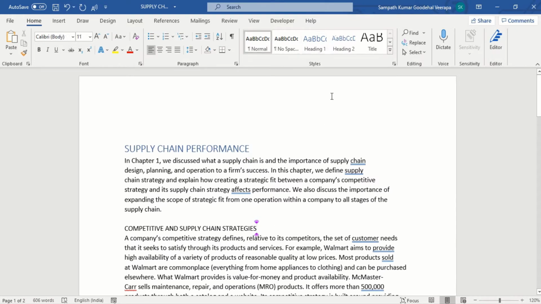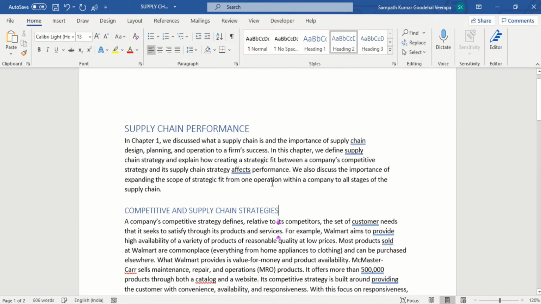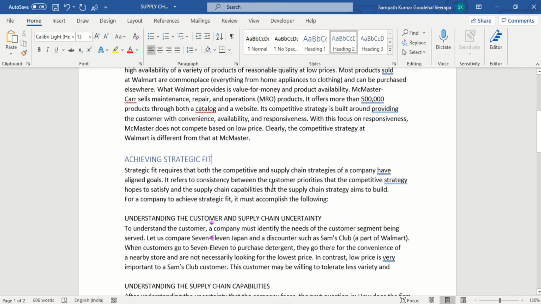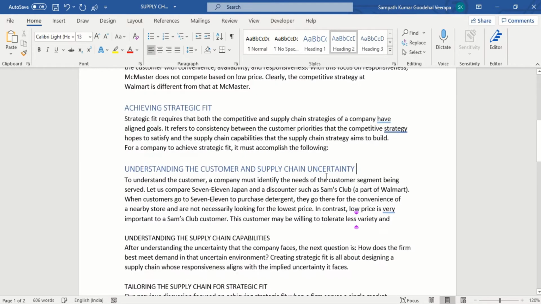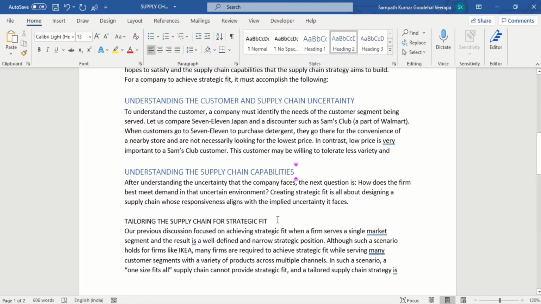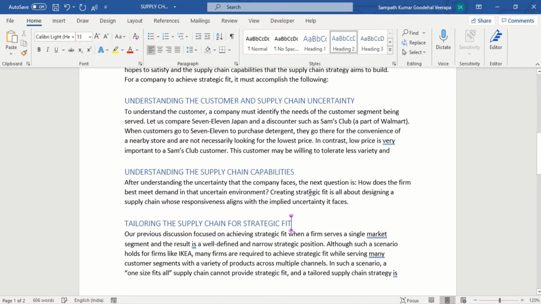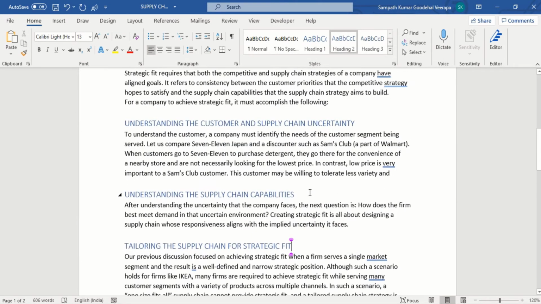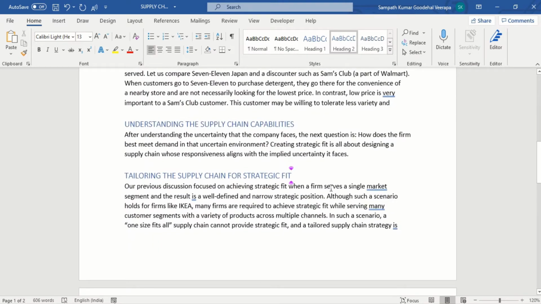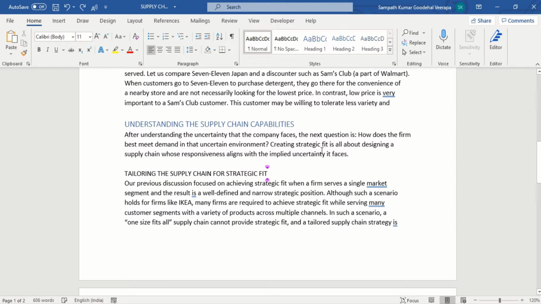Now do the same. Now this is Heading 2. So below, all are Heading 2 text style. Put the Heading 2 text style. This is also Heading 2. Heading 2. Yeah, now we have added all the text to Heading 2. We converted all the required sentences to Heading 2.